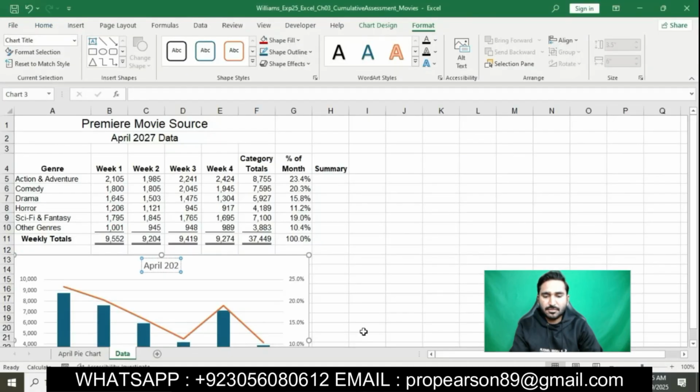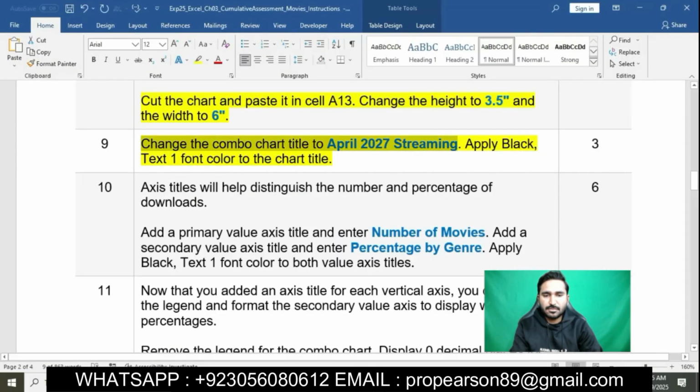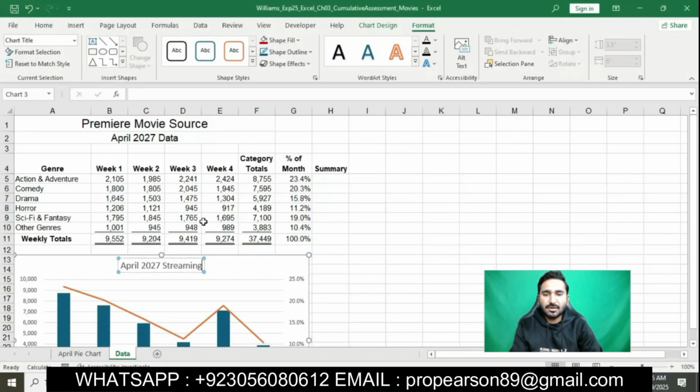Then we will apply black text one font color to the chart title. We will select